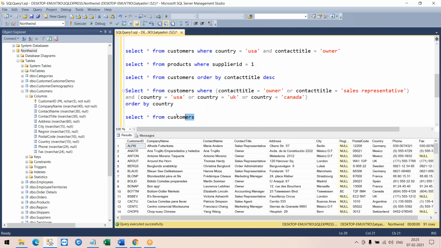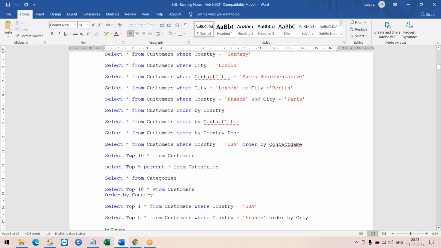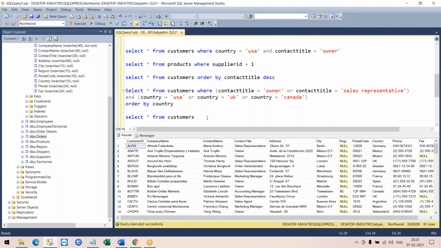So we usually don't run a simple query like select star from customers, or even for that matter, products. How many products could be there in Amazon? How many orders could be there in Amazon? They are huge tables, right, if you take real time. So we usually use the top command. What are these top commands? Top commands will retrieve the top 10 data, top 20 data, top 100 data also. So what is the criteria for top? Just the ranking, how the data got inserted. It will just fetch you the data.